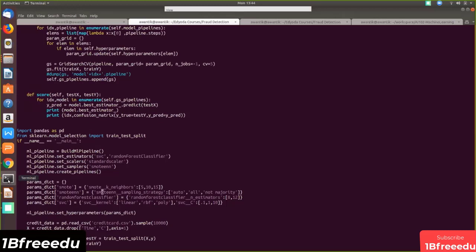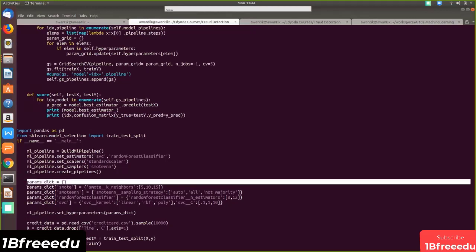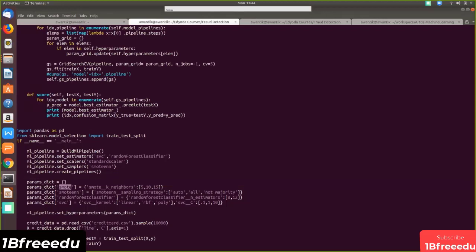We have SMOTE ENN, right? So we have one configuration like this. You can see this is the dictionary that I'm creating, and this is one of the samplers or scalars, right? And this is the possible configuration. So this is one of the hyperparameters, and the name prefix you have to pass. This is the identification that you're passing this hyperparameter corresponding to this component, because in a pipeline there will be multiple components. We need to tell which component this particular hyperparameter is for. So that's why smoteenn double underscore. Make sure you don't miss that.